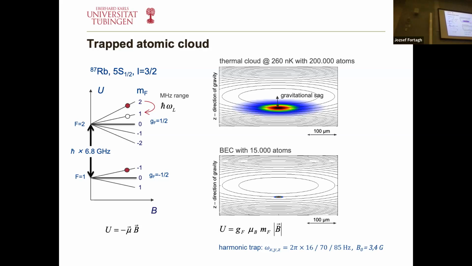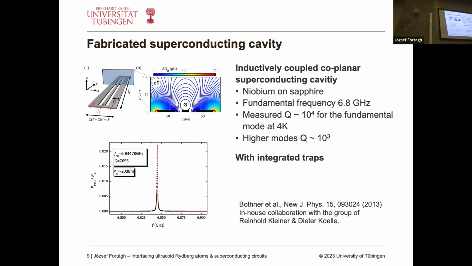The hyperfine transition of the atomic cloud of the rubidium atom, 6.8 gigahertz, was important to us when fabricating the cavity. The first goal of the experiment was to couple the hyperfine ground states via a superconducting coplanar cavity. Therefore, my colleagues in the solid state department fabricated a coplanar cavity, which consists of a center conductor and ground planes around